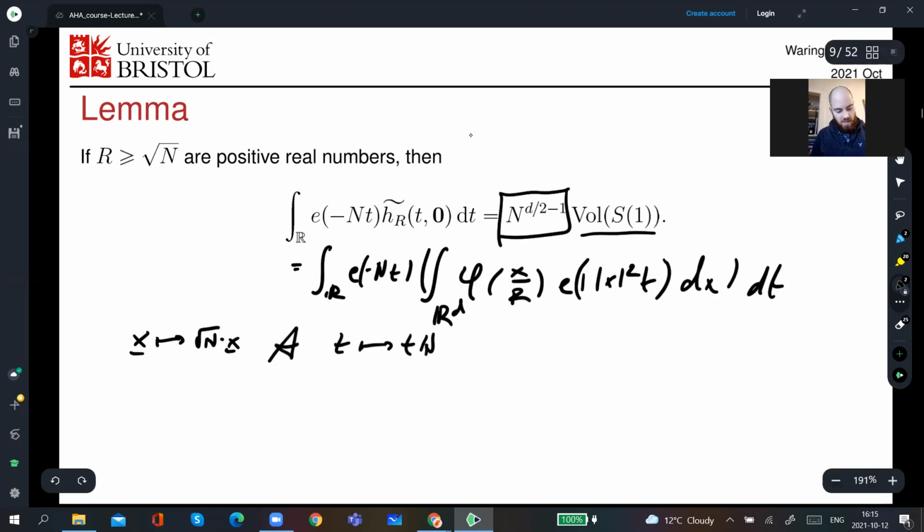So this is actually equal to a factor of n to the d over 2. It's an n to the 1/2 in each direction. And then I'm dividing by n on the t's. That takes out a power of n from the Jacobian. And what I'm left with is